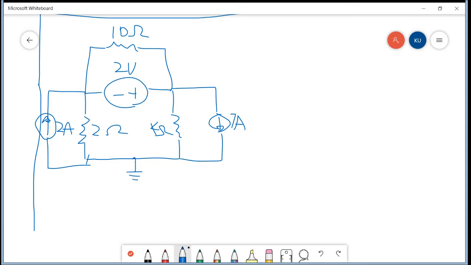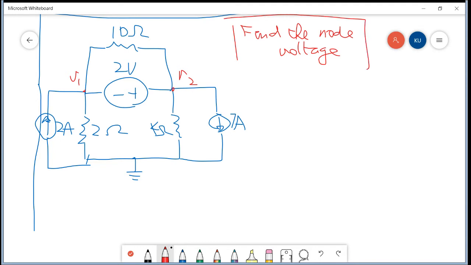Okay, something like this. So find the node voltage also. Okay, so find V1 and find V2. So this question asks you to find the node voltage, which means to find V1 and V2. The node voltage is V1 and V2. Okay, so in this question,